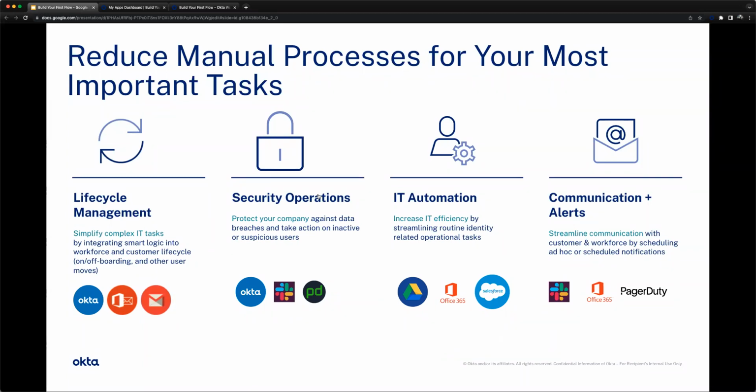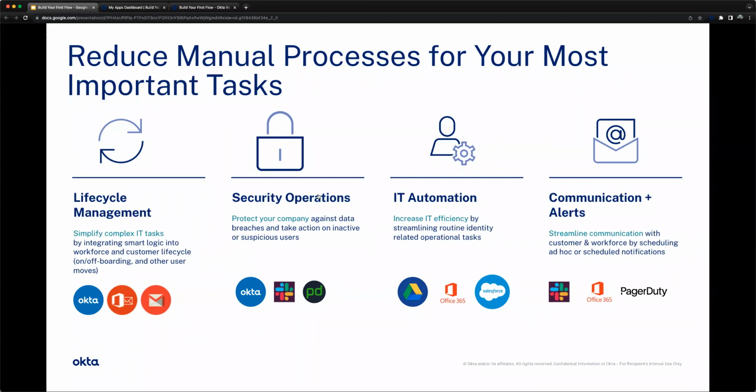You don't want to pay for licenses for users if they're not actually active, or, as a lot of IT departments have, these ghost users that are either test users or service accounts that may no longer exist. And so identifying those and removing them from your org. IT operations, getting admin notifications when certain events may occur that are relevant to your organization, delegating flows as one-click actions, and then identity-centric